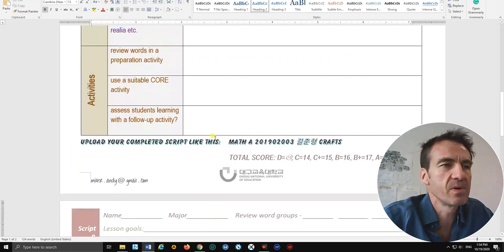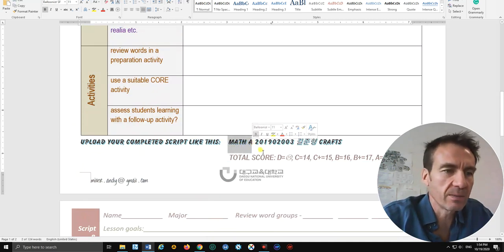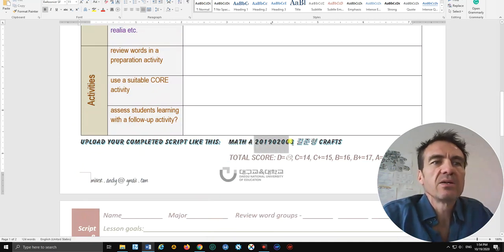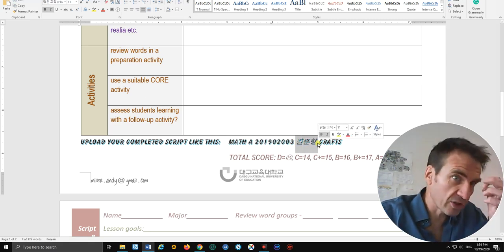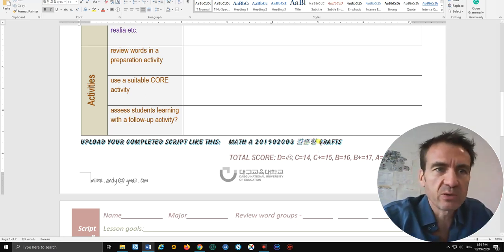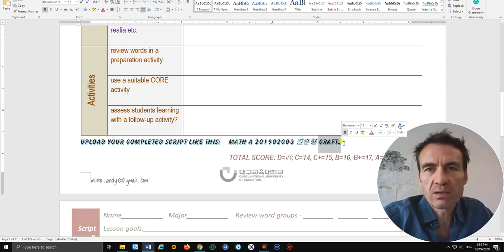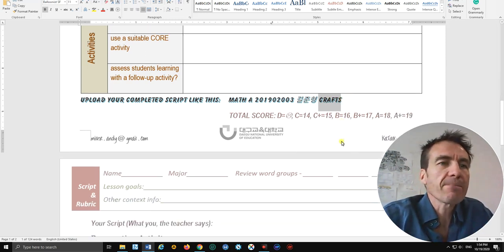And materials. Make sure when you upload your file that you include first your major, like Math A or education, your student number, your name in Korean, or you could just use whatever you've got on Google Classroom, or both, your name and the Google Classroom name, because some of you have a different name there, and the micro lesson type, like crafts or grammar or songs or stories or listening. Okay,